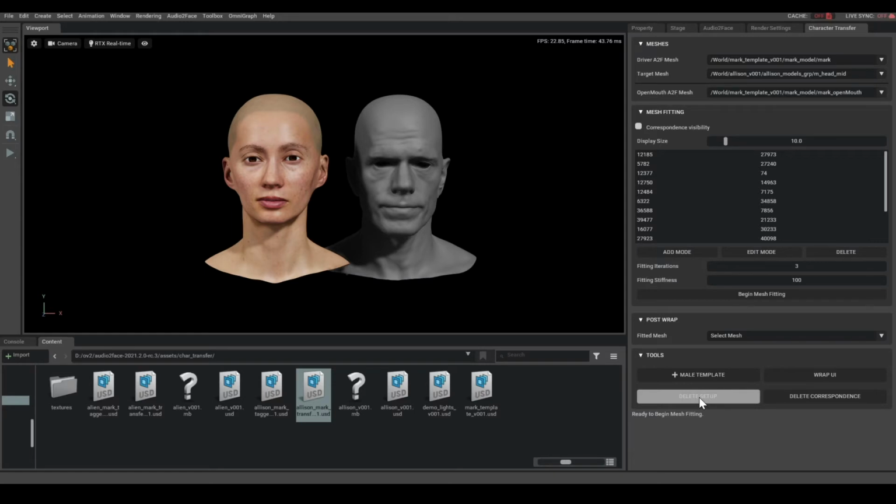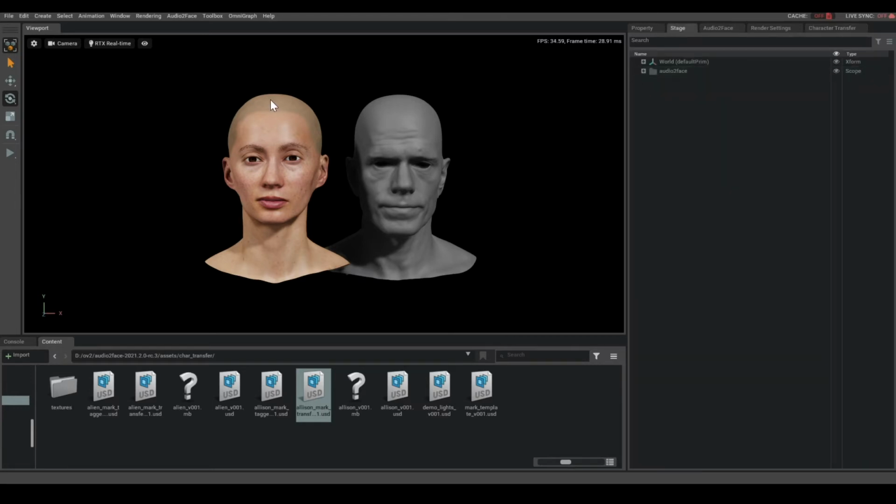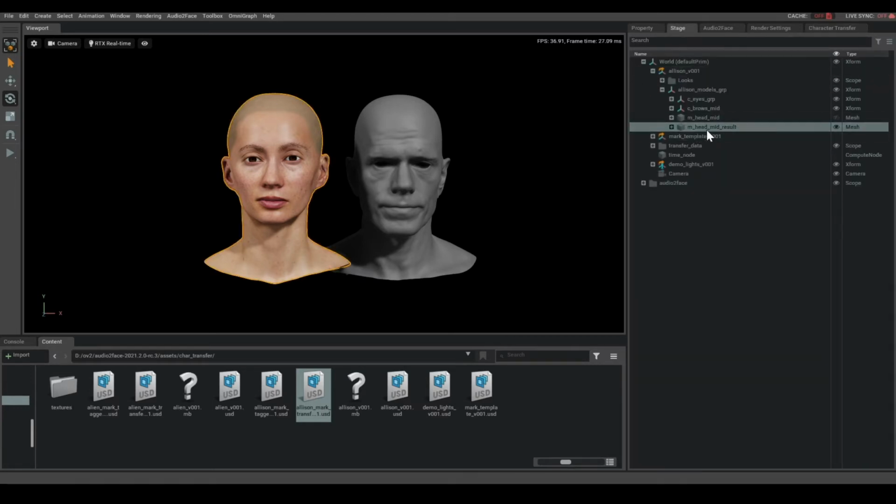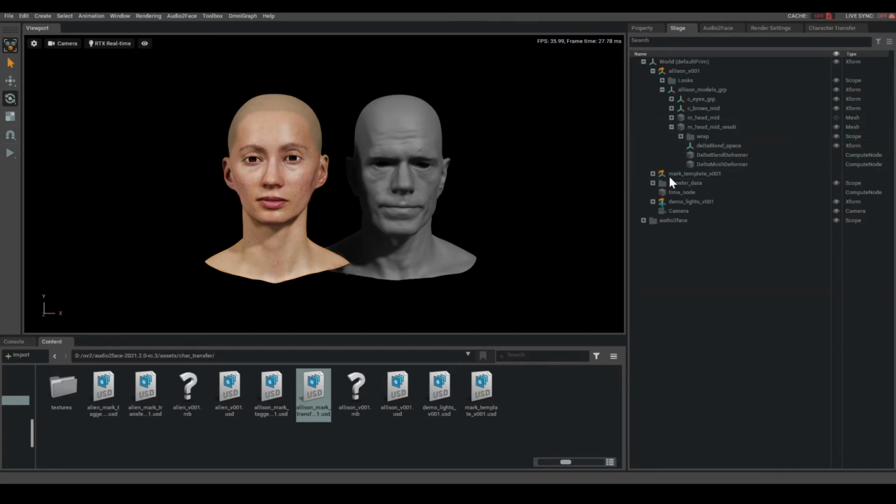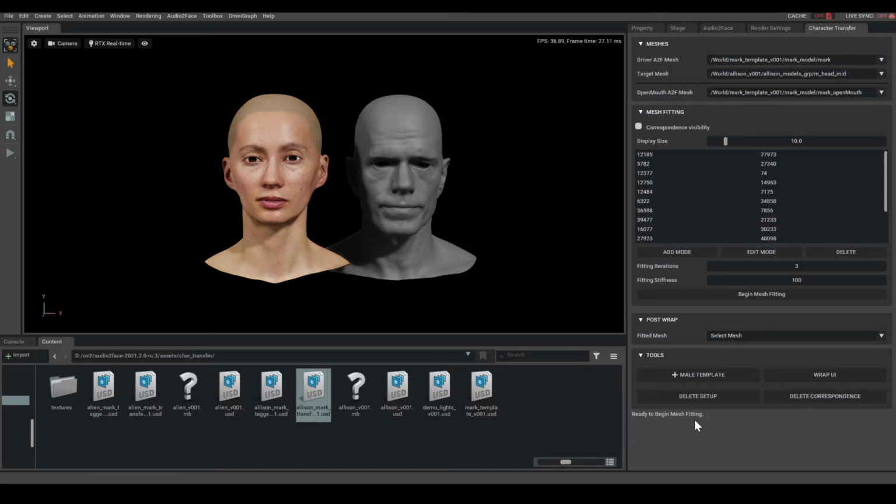Delete setup will basically delete the whole thing here. So if I select this mesh, you'll see that we have the result mesh along with the deformers. And if I go here and click delete setup, with these meshes already selected, as in I basically tell it I work on Mark and I have this character as my driven mesh, then the delete setup will know what to do. So if I click delete setup,